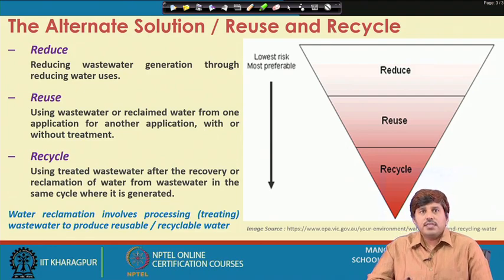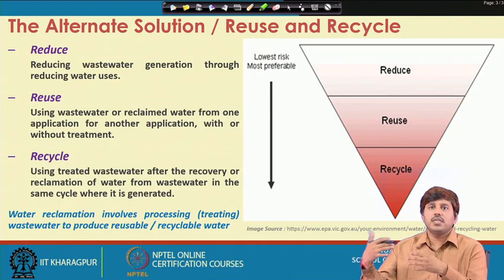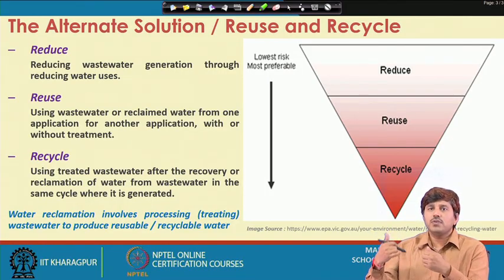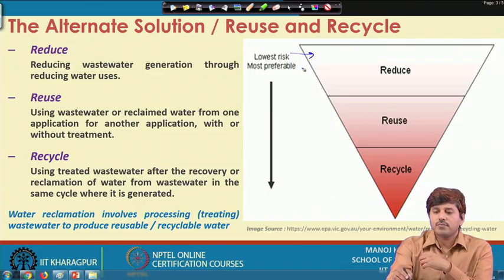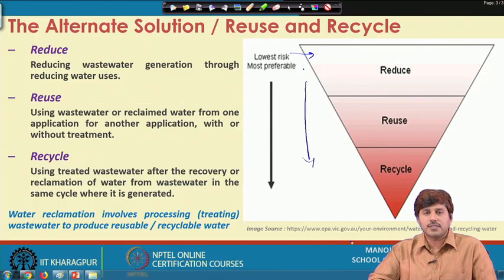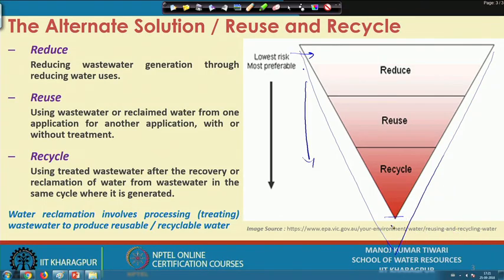Now, let us see what the alternate solution to this is. When we say there is a problem due to the disposal of waste in nature, what is the solution for this? The solution is reuse and recycle of the wastewater. What you see here is the most preferable option, where the risk is lowest, and then we move towards lesser and lesser preferable options. But all these are preferable at least. We are discussing preferable options here. If you include the disposal option also, then disposal would probably come even lower. So, that is the hierarchy of the